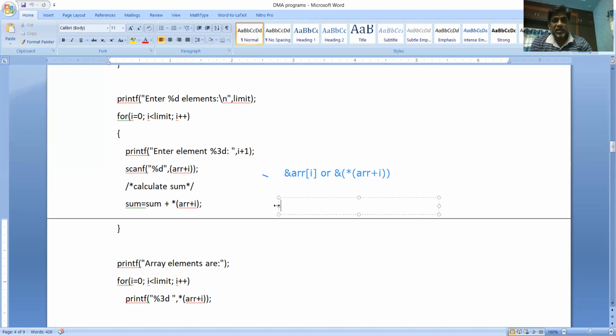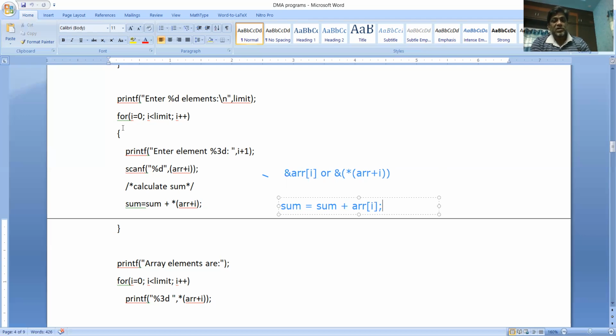This you can write like this also, sum is equals to sum plus ARR of i. So writing this is array notation, writing this is pointer notation. Either this way or this way you can write. These two are same.